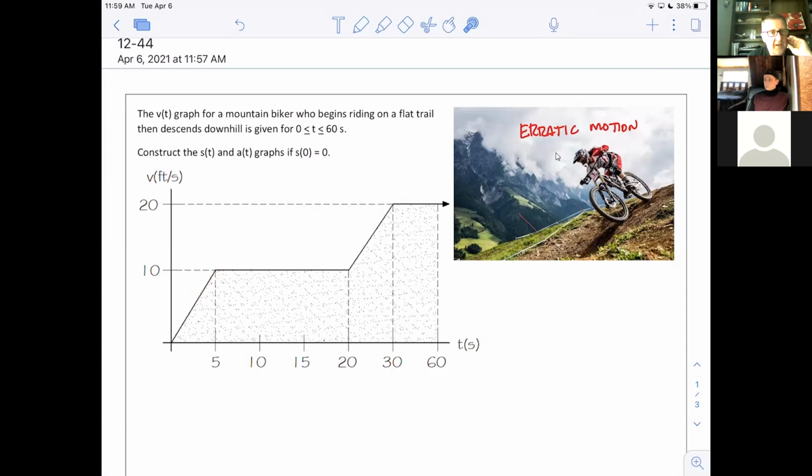And then he just hangs out there for a bit. Does that concept make sense? So now he's still pedaling. He hasn't reached the downhill yet. Do you see that? He increased his speed. He reached 10 feet per second, and then he just kept pedaling at that. So for the next 15 seconds, he was just pedaling at a constant speed going down the